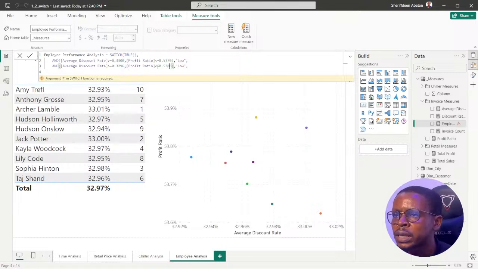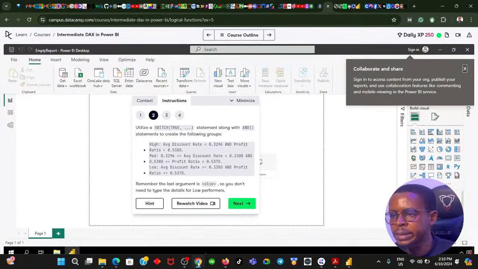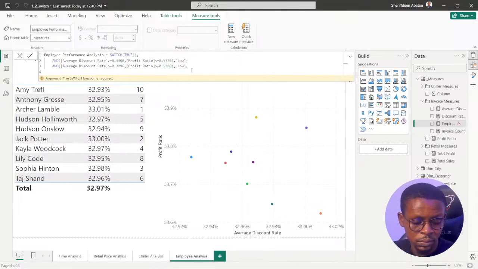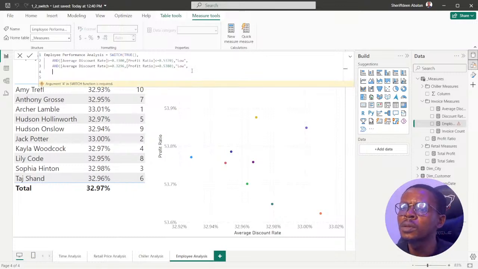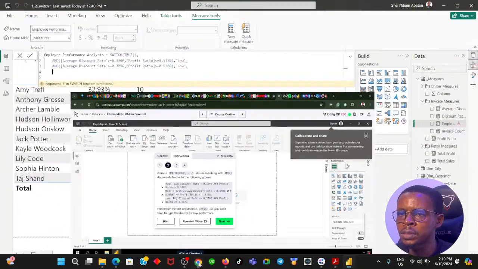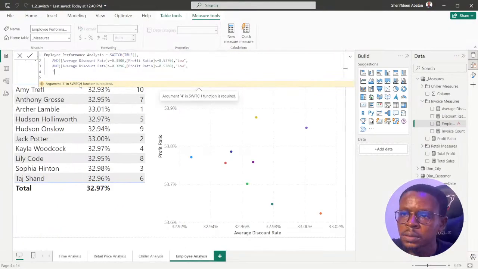5380. I need to change this to greater than or equal to, because that is the condition here. Greater than or equal to, exactly. So that will be greater than or equal to. Then the final one, else, it is I. So let's just say else, that should be I. If none of those conditions are met,